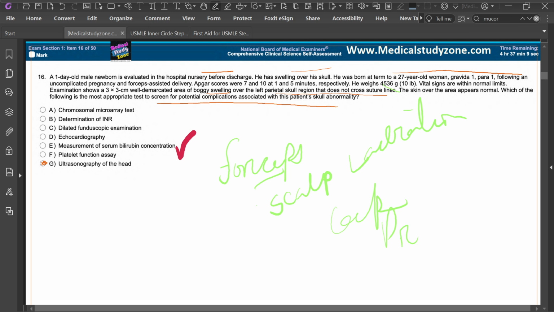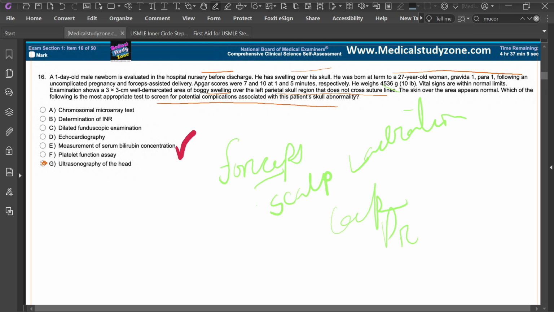Forceps assisted deliveries carry the risk of cephalohematoma, laceration, intracranial hemorrhage, facial nerve injury, skull fracture, or ocular injury. This newborn, whose delivery was assisted with forceps, with a large scalp swelling, most likely developed a cephalohematoma secondary to the delivery method. Cephalohematoma occurs when the blood vessels